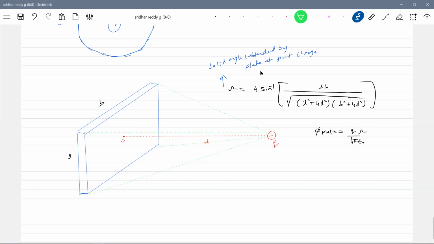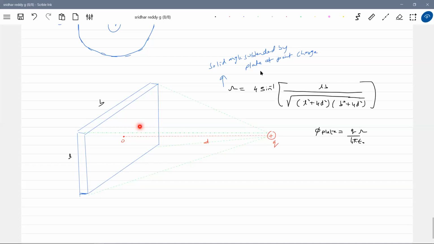Okay, for a triangular plate, again, some very lengthy formula is there. So like that, for different types of surfaces, we have solid angle. For a spherical surface, it will be 4 pi. Then you have seen the circular surface, then a rectangular plate, square plate, triangular plate. For a triangular plate, again, you can't simply write it; we have a different formula.